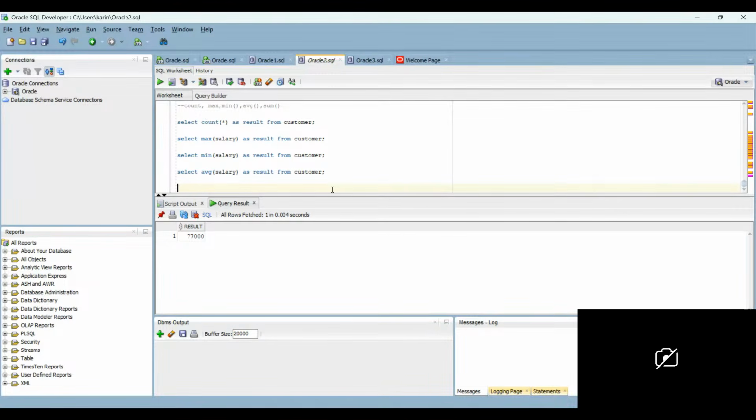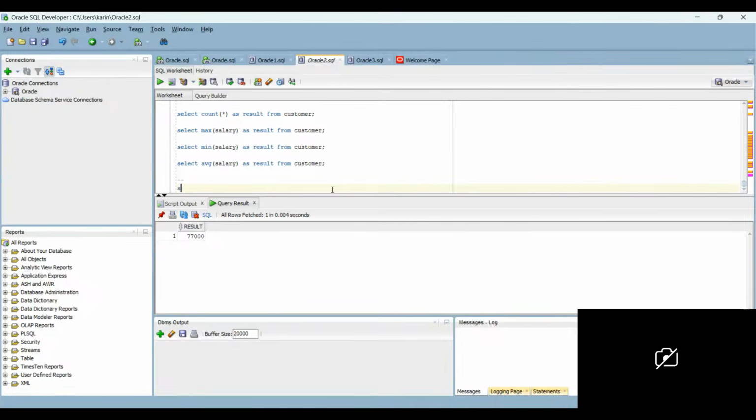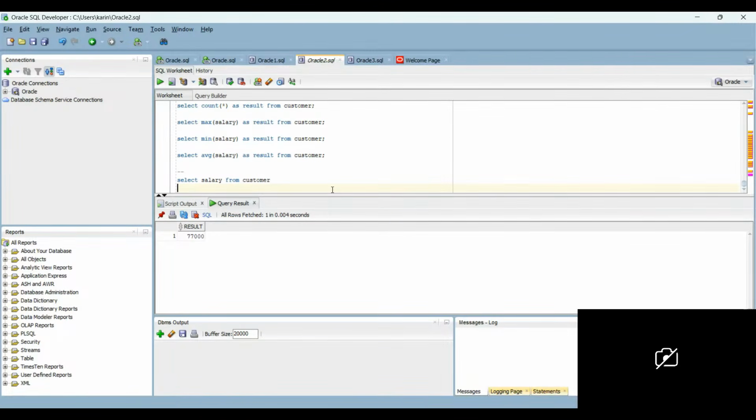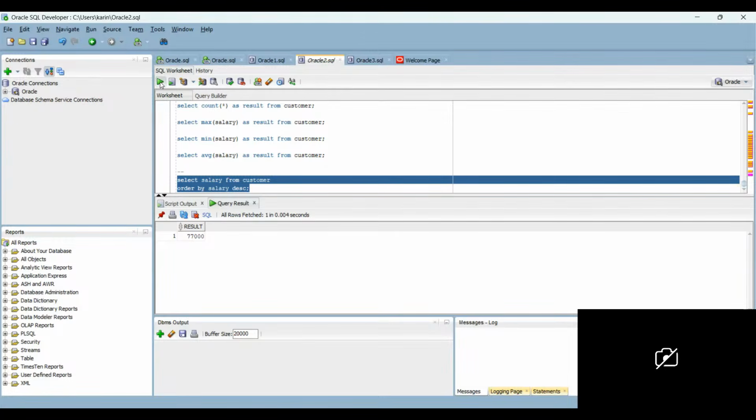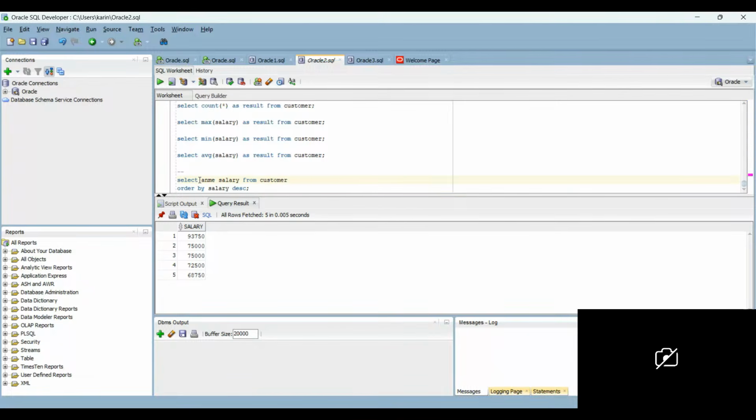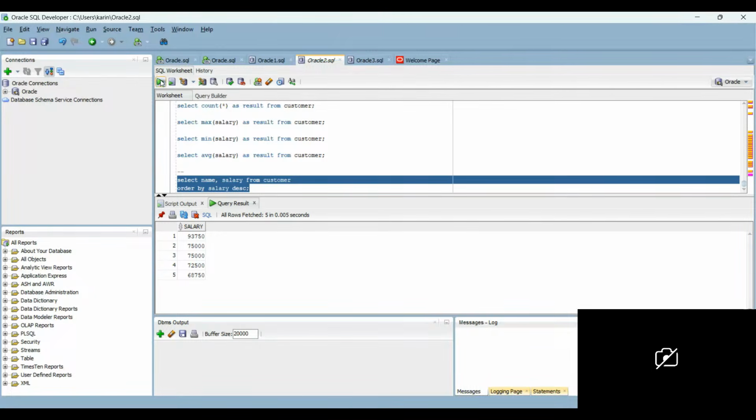There are a lot of things you have to remember. For example, if you want to fetch the second maximum salary, firstly select salary from customer order by salary in descending order. This is a very simple example, and you will see all the salaries ordered by salary and the name. So you can see according to the